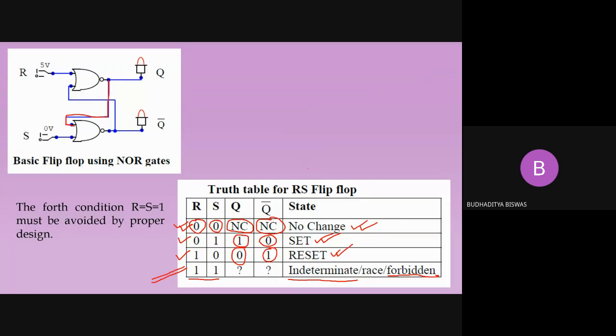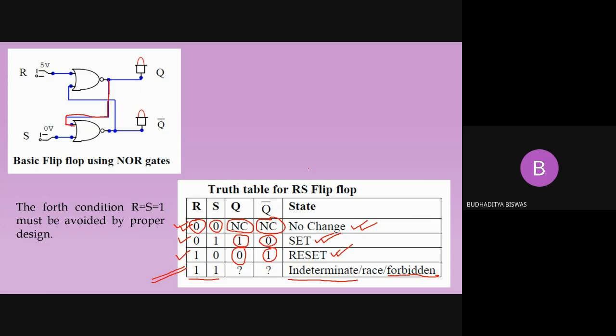So I just give you one IC, and you should not power it up. You should not connect it to the circuit. Just by seeing the IC, if I ask you, if I give R equal to 1, S equal to 1, tell me what about the output? Is it both 1 or both 0? You are not able to answer because you don't know what type of gate is used inside this IC.